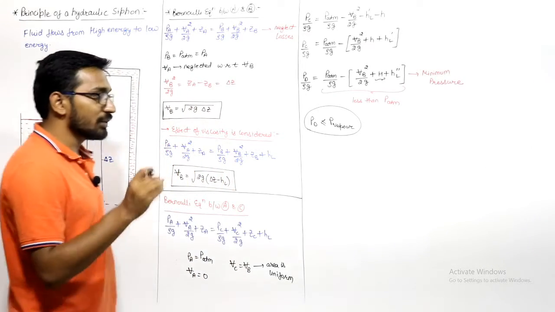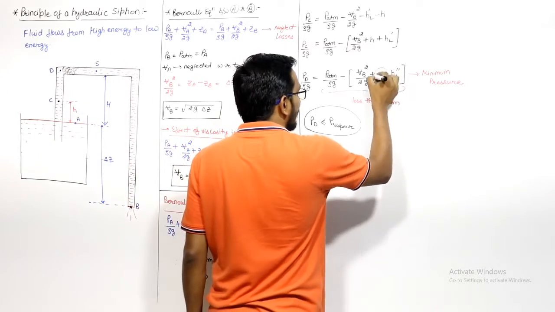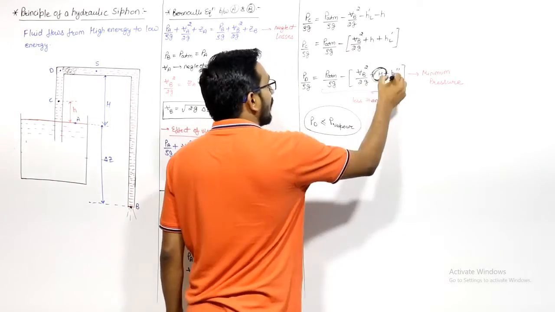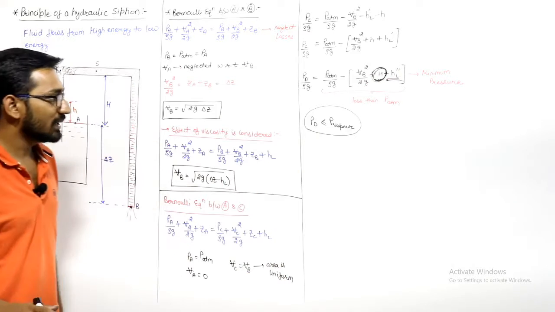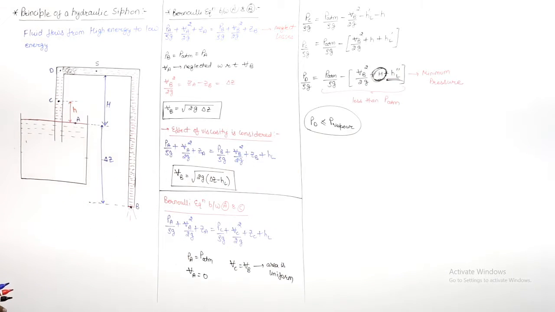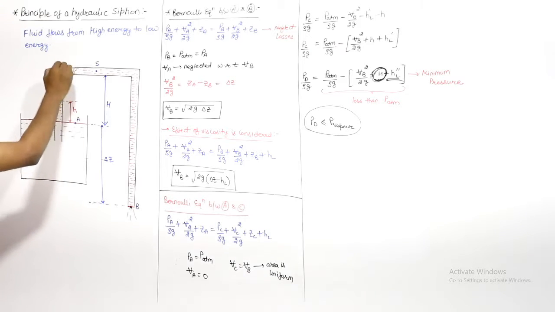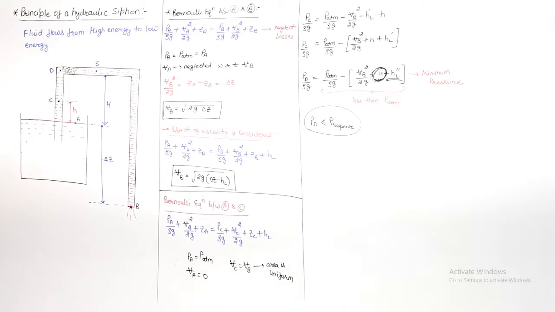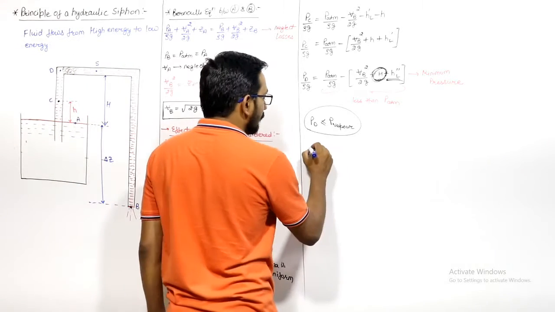So there is a restriction on this capital H, also on this, but it is very less. This capital H cannot exceed a limit, so that there is no vapor pressure condition and cavitation will not occur, otherwise it will not be useful. So if we talk about water,